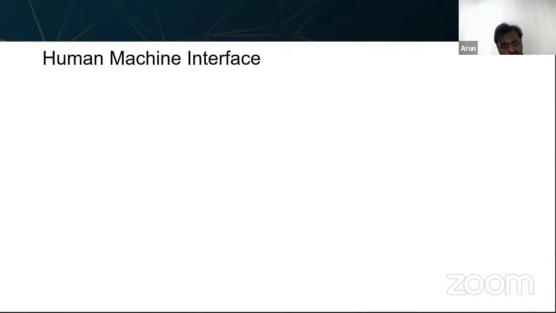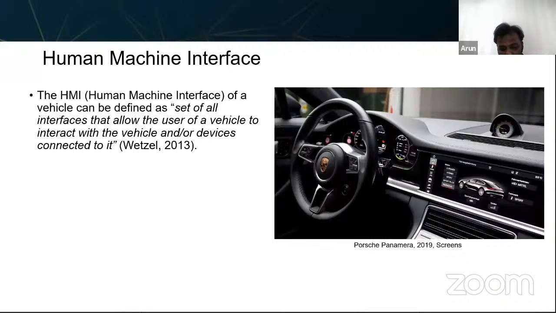So just the last part, which I mentioned, is the human machine interface. This is another area where designers can contribute a lot. The human machine interface is being seen as an important and growing part in handling the human factor challenges in automated driving. It's an interface, a communicating medium between the vehicle and the driver. One example is having information in the right place and at the right time, providing the right information.